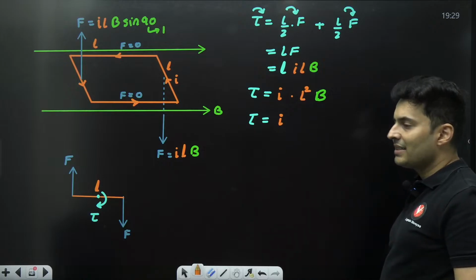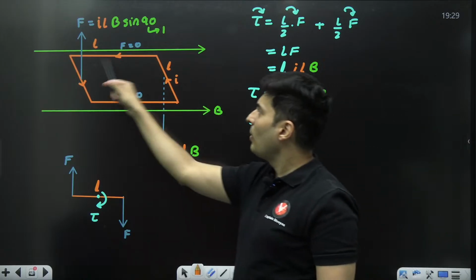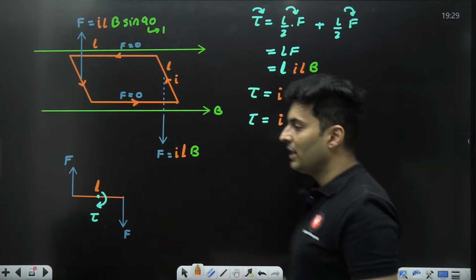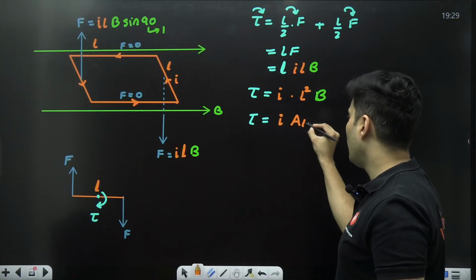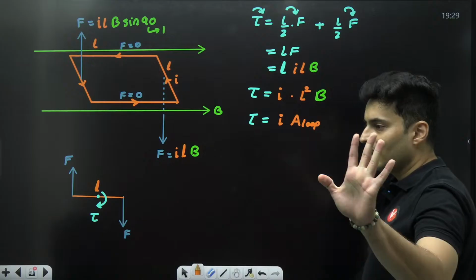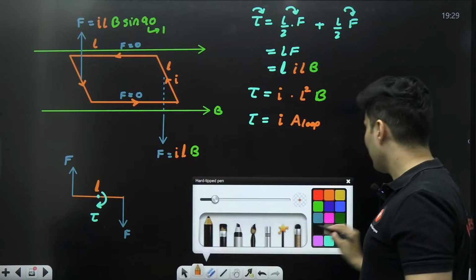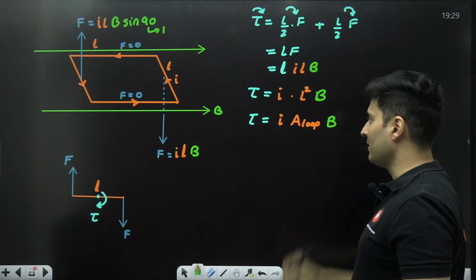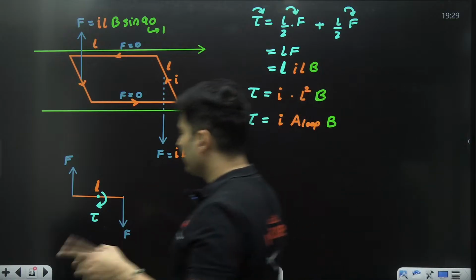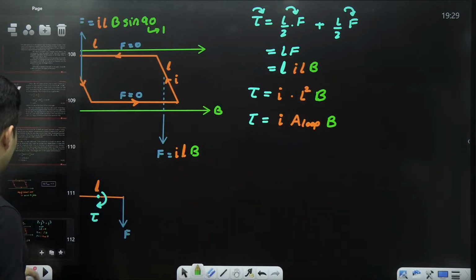What exactly is L square? L square is nothing but the area of that particular loop. Is that right, everyone? And magnetic field is basically as it is. Now, I think further, okay, if this is the scenario,